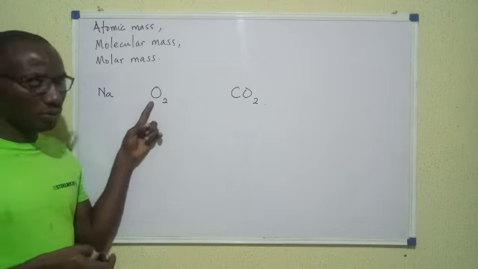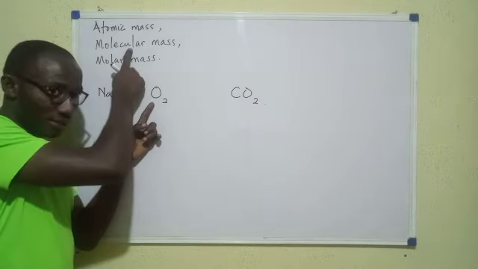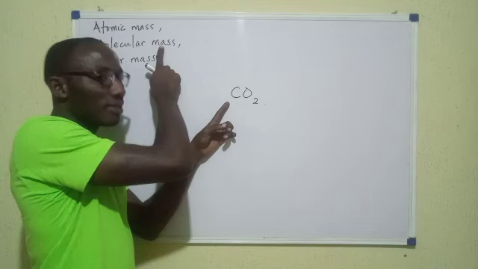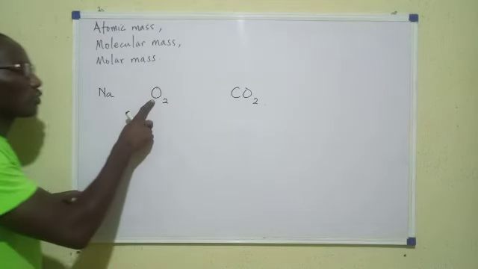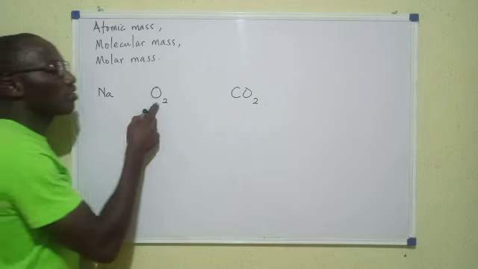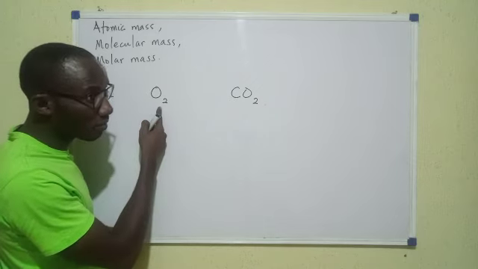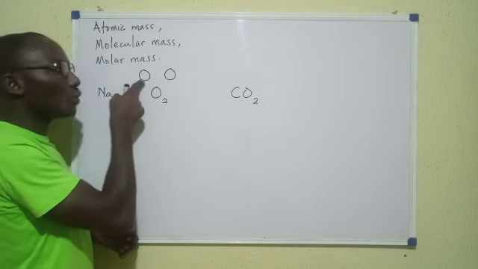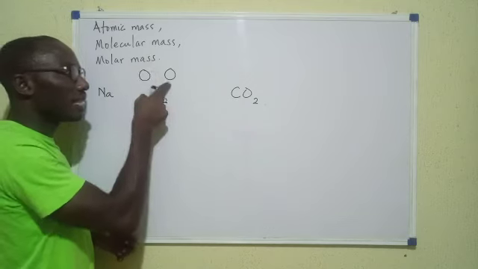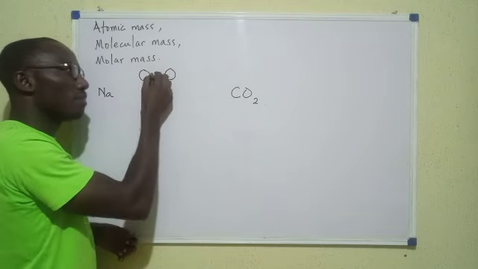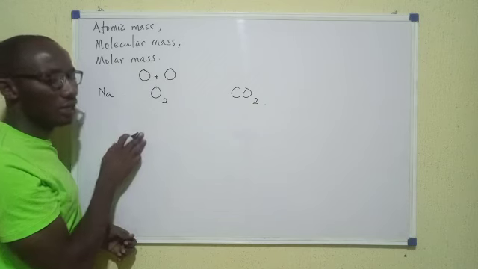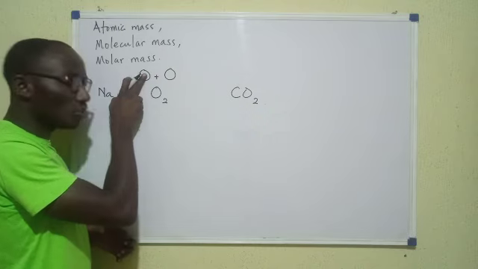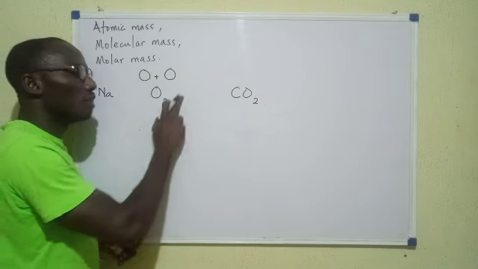This is a molecule. Would it have molecular mass? Yes. This is also a molecule. Would it have molecular mass? Yes. But coming back to oxygen, even though an oxygen molecule is made up of two atoms, remember each of these atoms can be written as O and O. So this atom has its own mass, that atom has its own mass. If you sum up the masses, you will get the mass of this molecule, all right? So we have atomic mass of the element oxygen, and then we also have its molecular mass.